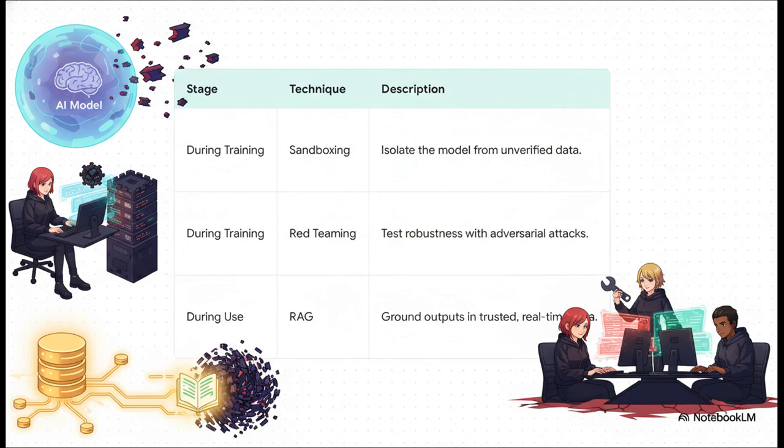While you're training, you can use something called sandboxing, which is basically like putting the AI in a secure playroom where it can't touch any unverified data. You can also do red teaming, where you literally hire ethical hackers to try and poison your own model to find its weaknesses. And then, once the AI is actually being used, a technique called RAG, or Retrieval Augmented Generation, makes the AI treat every question like an open book test. It forces it to find answers from a trusted, up-to-date knowledge base, instead of just relying on its own potentially